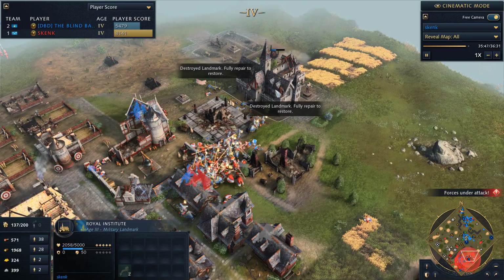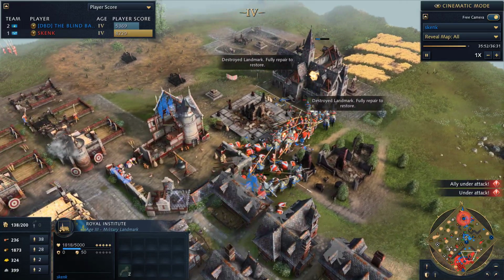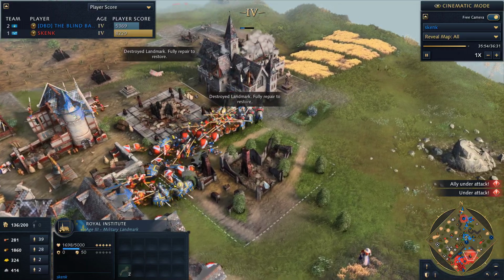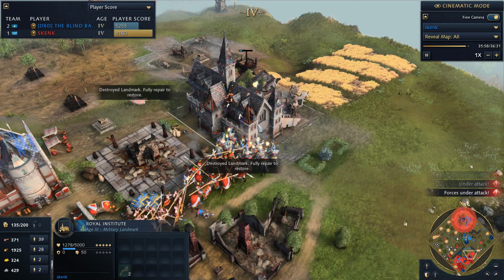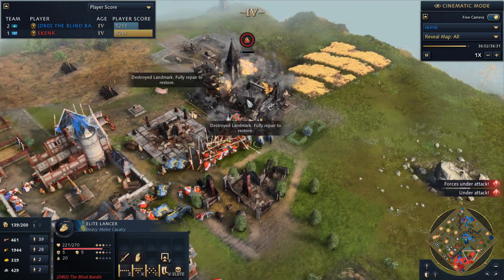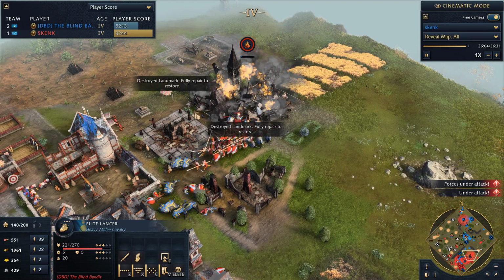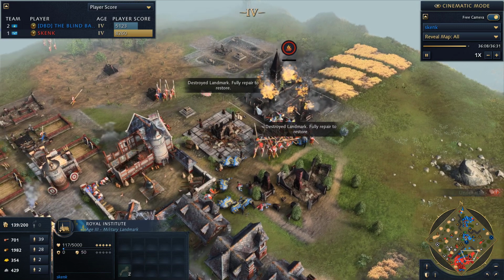And I need to force my people over here to take down the Royal Institute. And here we go. We have a couple of torches left. We've been swarmed by the enemy. They're all around us. But we are getting those torches in and starting to drag down the building. Now is the time. Now is the hour. Riders of Mongolia, tear down the enemy, and we do just about manage to do it,